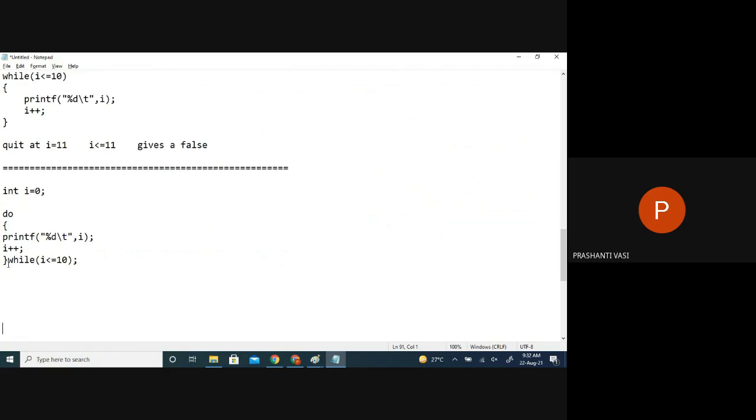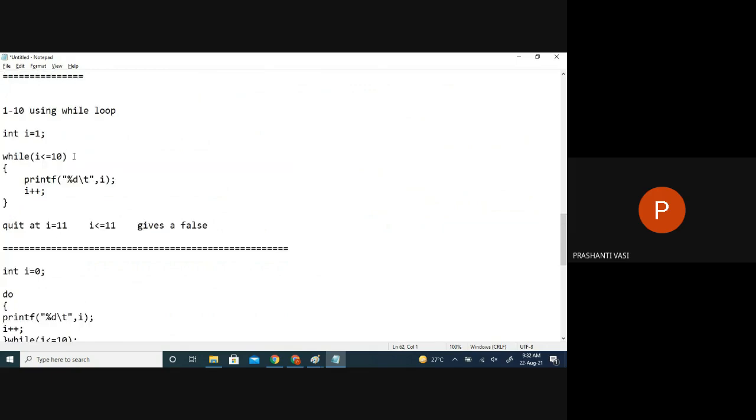So in the do while, the condition will come at the end and it will be terminated with a semicolon, but in while there is no semicolon, because if I put a semicolon, what happens is it initializes, tests the condition. Even if it is true, there is nothing connected to that. So the condition is true, we have to come back to this again. As long as the condition is true, it will repeat again and again the same thing. So it goes into an infinite loop of testing the same value, 1 less than or equal to 10, because it will never become false and will never reach this body also.